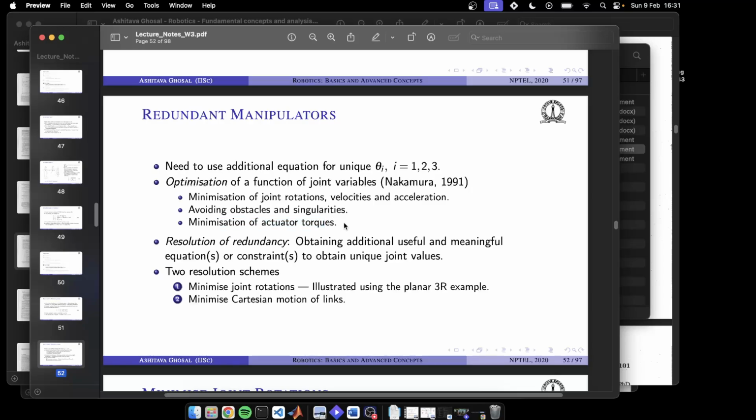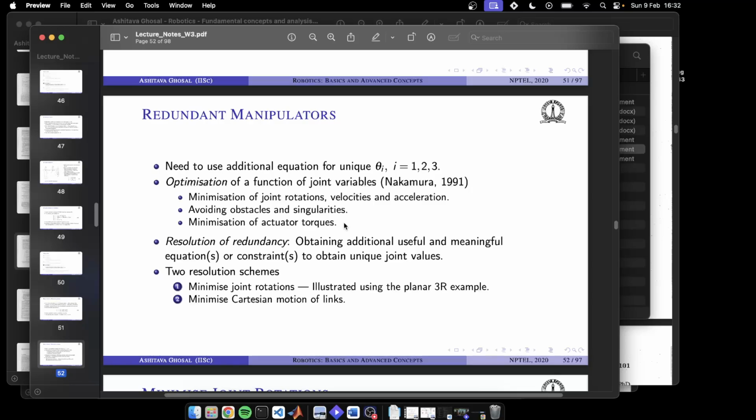So that redundant degree of freedom can be used to constrain the solution to a specific solution, where we put these kinds of additional